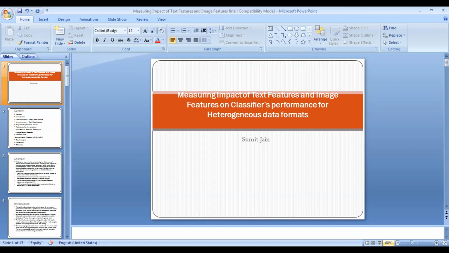The contents are: abstract, introduction, literature review of image data analysis, literature review of text data analysis, proposed experimental models, techniques for investigations, text feature selection techniques, image feature selection, the classifiers used, SVM and CNN, then result analysis, conclusion, and references. So my abstract is,